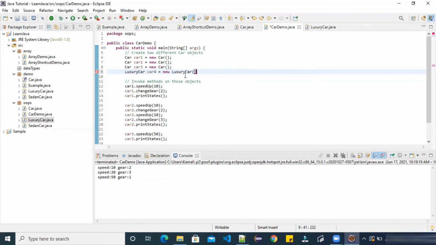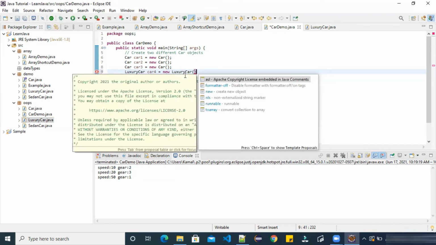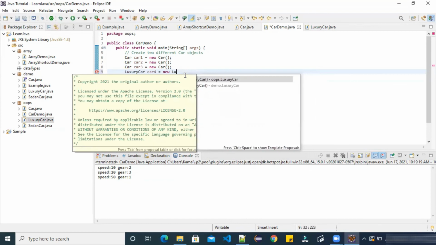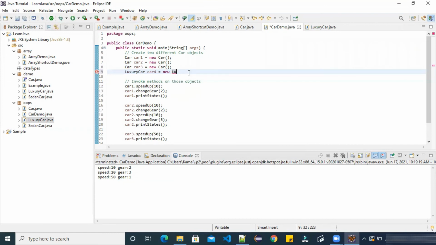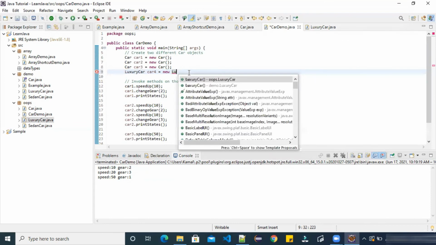If you press Ctrl space at any point, you will see suggestions. I'm not going to type everything. I just typed LU and Ctrl space. I am seeing different suggestions. I am going to use this luxury car because we have it in the OOPS package.